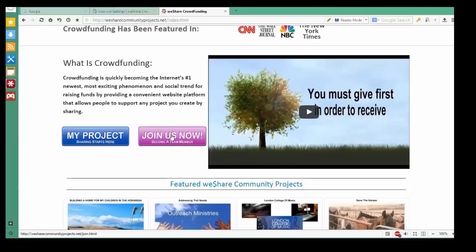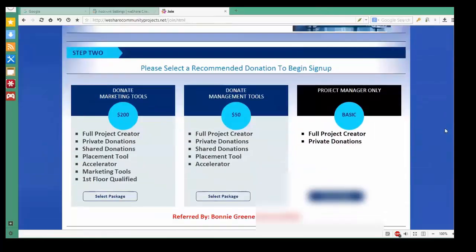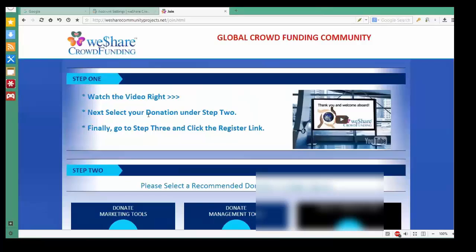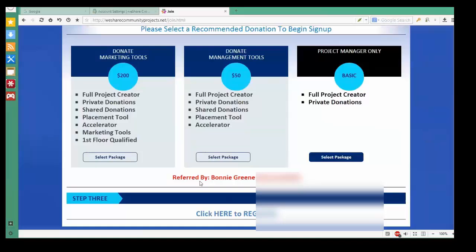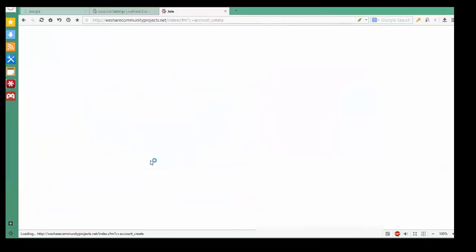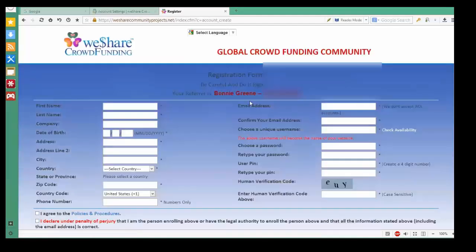And when you sign somebody up, let me just walk through that real quick. When you sign somebody up, let them know that after they click the Join Us Now, it's going to take them to a second page, and the only thing they have to do on that page is purchase the $200 package. They don't need to watch the video at the top because they say, okay, well, let's watch the video. No, you don't need to do any of that stuff. The only thing on this page that matters is your name. See, it says referred by Bonnie Green. You have them select the $200 package. Okay, and then when you get to the sign-up page, again, it verifies that you are Bonnie Green,